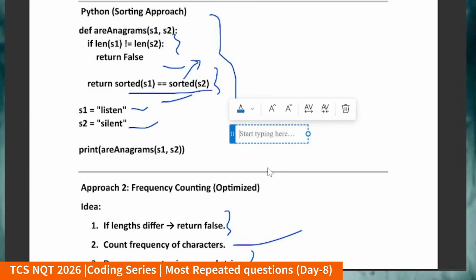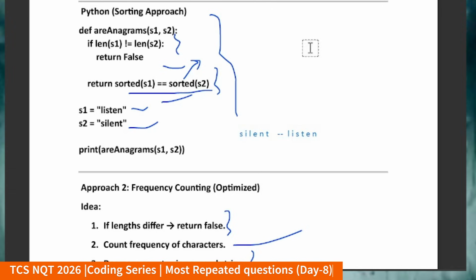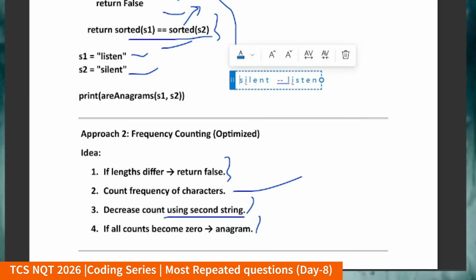Suppose I am writing the string as silent, and the second string will be listen. Let me give some space in this too. Now what I'm actually trying to say is the approach I'm applying here,